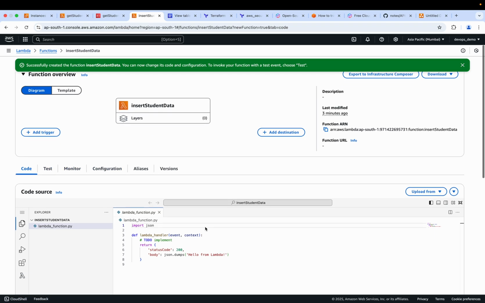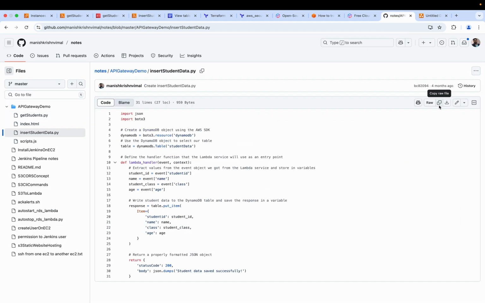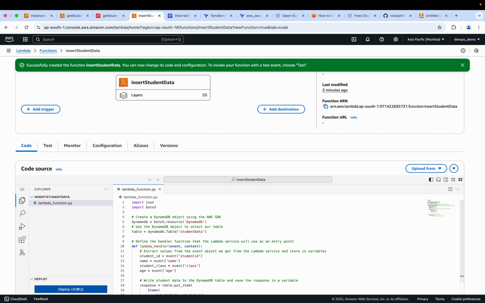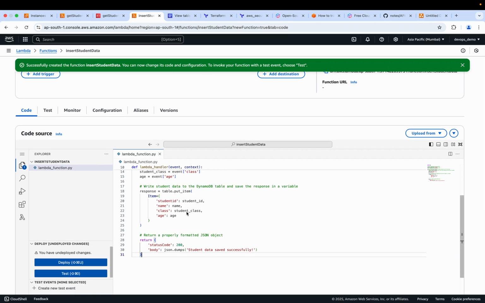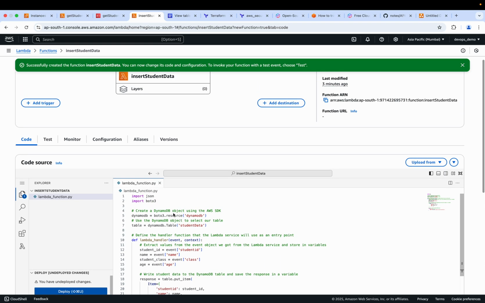In this lambda function we are going to update the code once again, correct? The second code, insert student data.py. So we will just copy this one and paste the code over here. Let me just do the Control V. If you want you can write down the same code, or you can write your own code as well. So here as well what we have done, we are getting into the DynamoDB resource, the service,